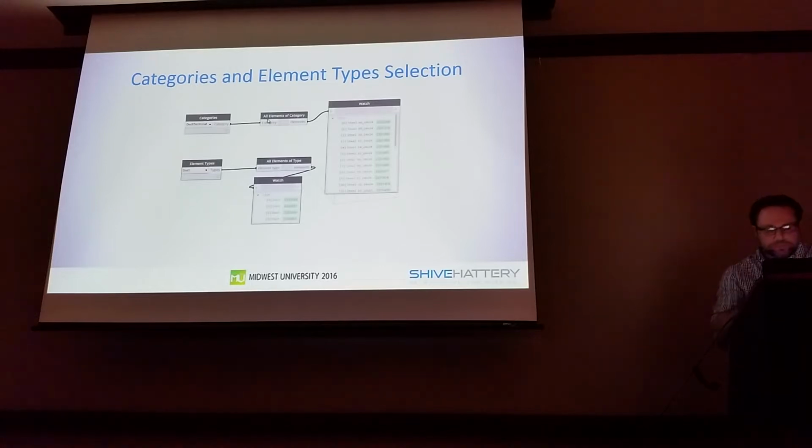Pretty straightforward, right? Now there's a difference between categories and element types. You can think of categories as the things that you assign to families when you're setting them up. Plumbing fixture, mechanical equipment, so on and so forth. For element types, those are more things like system families, ducts, pipes, walls, things like that. Things that we can't actually change